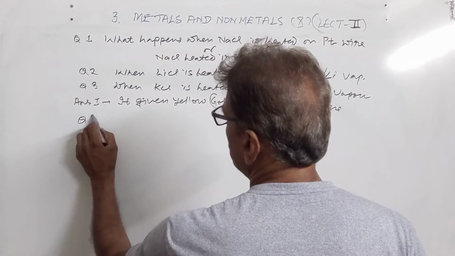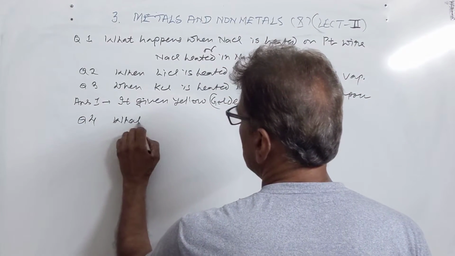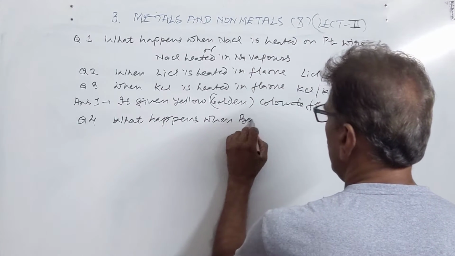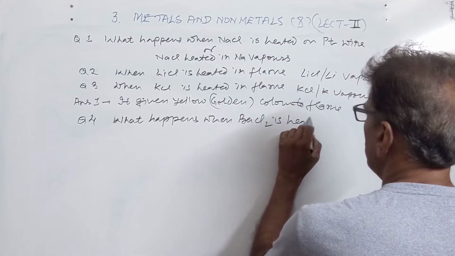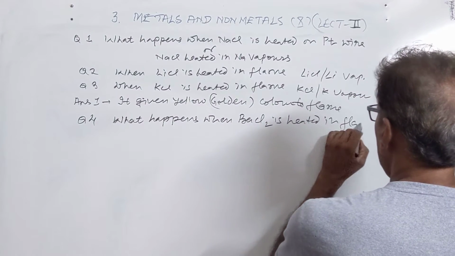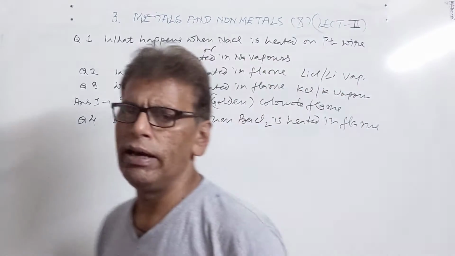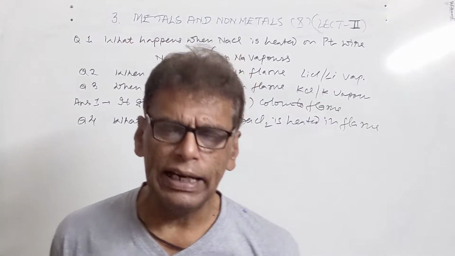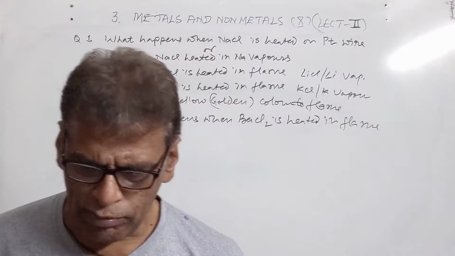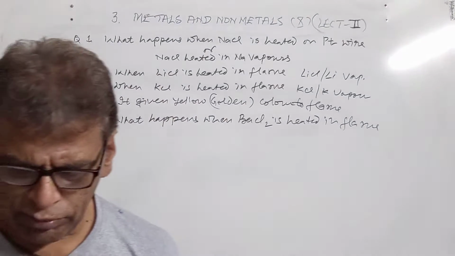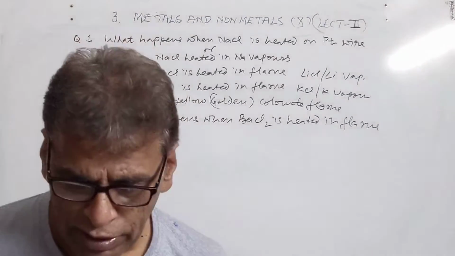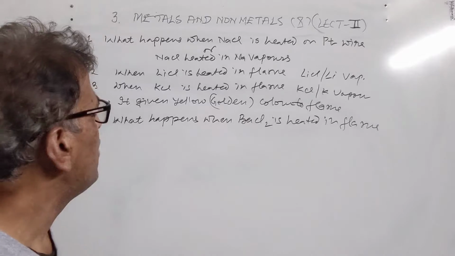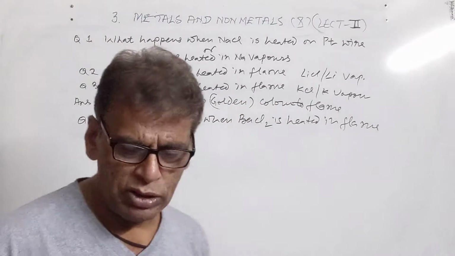Then we have barium. What happens when barium salt or barium chloride is heated in flame? Its electrons also get excited, and when they return back they release green color in the flame. So the flame appears green when the flame test is performed for barium metal. Similarly, strontium metal produces crimson red color. For lithium metal, we get a violet or crimson red color.